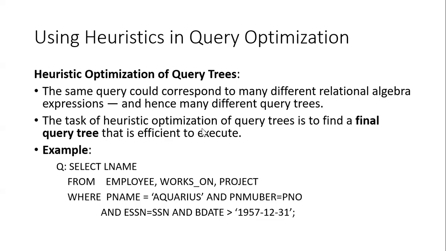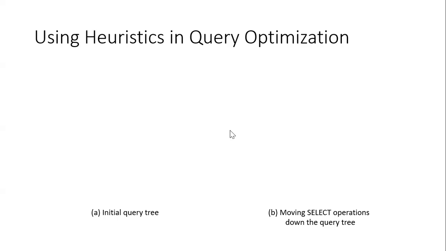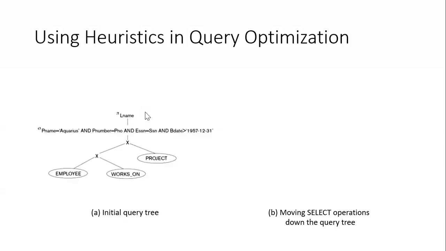Equivalent SQL statement is also given here. Now let's try to understand what heuristics we can perform. Usually when you're given a SQL statement, you try to come up with this initial query tree. One example is given here, right? We are connecting employee, works on, and the project, and this is what we're expecting. So the idea is you have pushed down all three tables. We consider all possible combinations, and the result is also compared with the project, another combination, and then these will be the join conditions and also your birth date